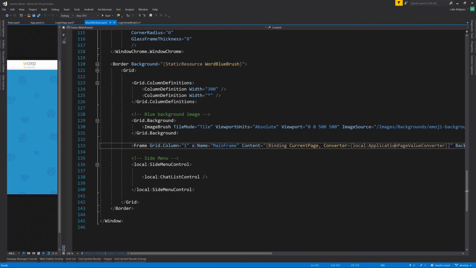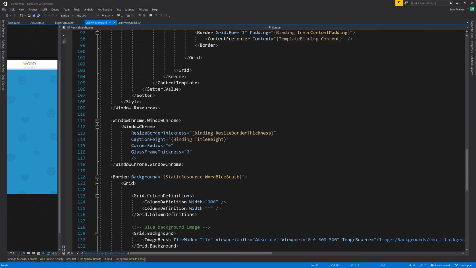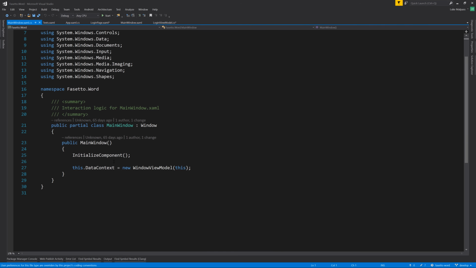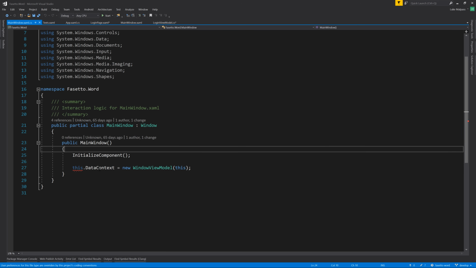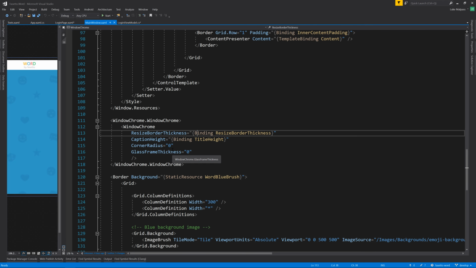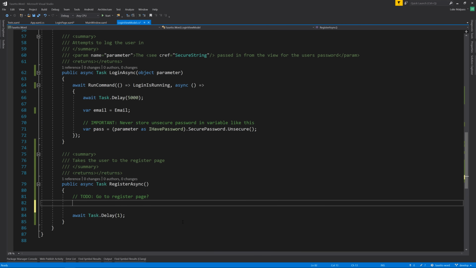So effectively the data context of the window, which we set up simply here as a view model. So we need to get the main window, then we need to get its data context, we need to cast it to a Windows view model, then we need to change the current page. And as you can guess, that's clearly not what we're going to end up doing, but in order to do that, we have